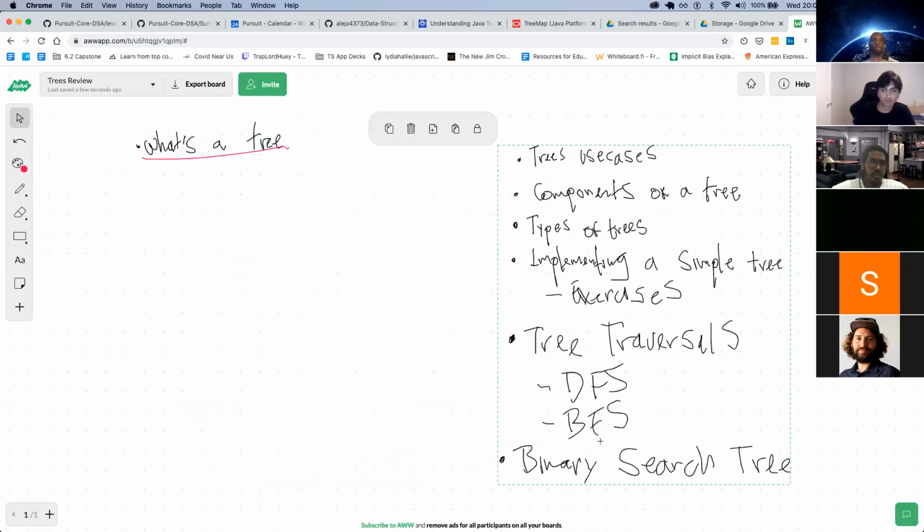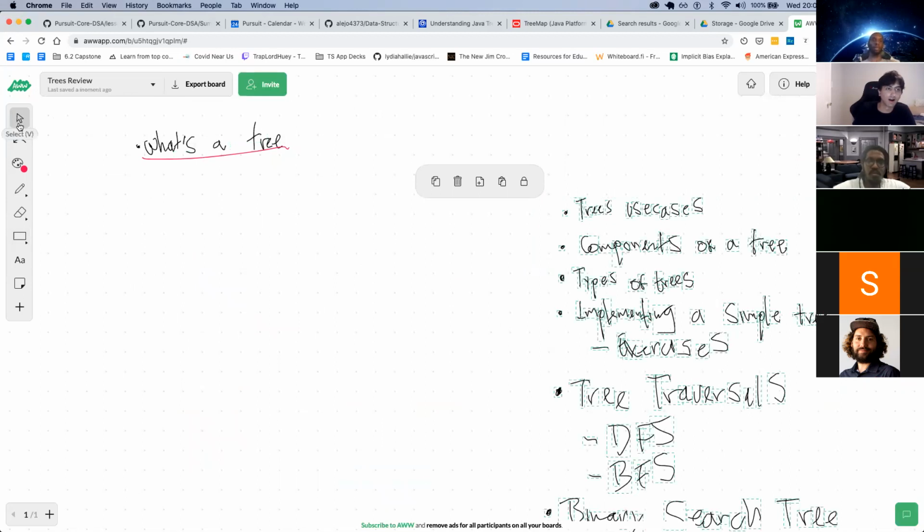Okay, let me move this around here. And then just condensing what Owen said. So data structure, first and foremost, that's the important part. And what is a data structure? If you get asked what is a data structure, what would you say?